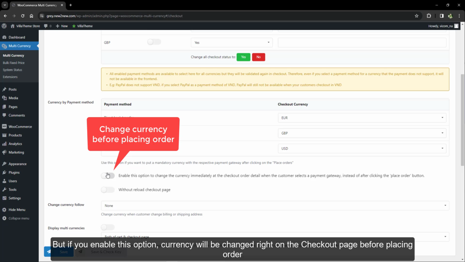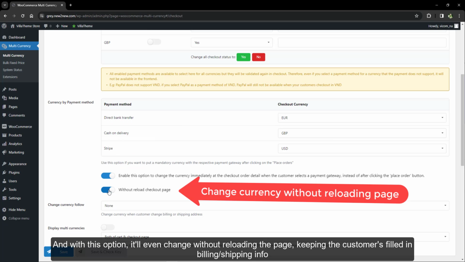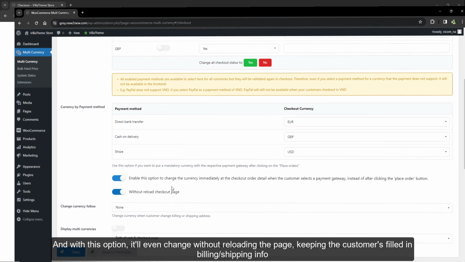But if you enable this option, currency will be changed right on the checkout page before placing the order. And with this option, it'll even change without reloading the page, keeping the customer's filled-in billing and shipping info,